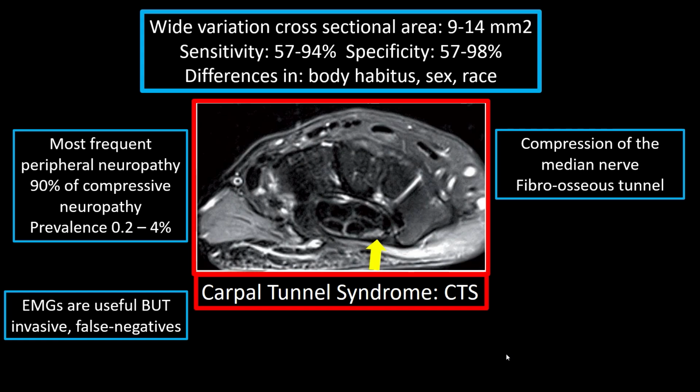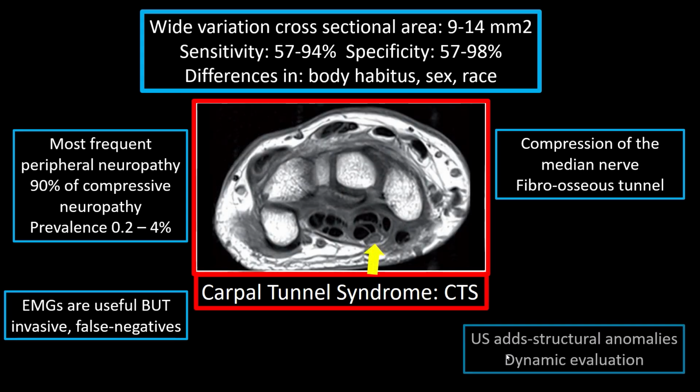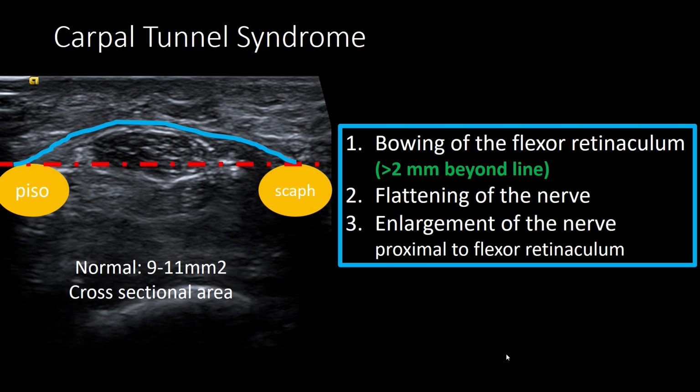Here, we're used to looking at the carpal tunnel on MR. You can see the nerve highlighted there on both the STIR and now the T1 weighted sequence. But if we put the ultrasound probe, look at how more zoomed in, I think, a better spatial resolution and contrast resolution. You can see truly that bowing of the flexor retinaculum, which is one of the 3 things I look for. You can see the bones. You can see that line between the pisiform and the scaphoid. And if the flexor retinaculum goes beyond 2 millimeters from that line, there's bowing and there's too much mass effect